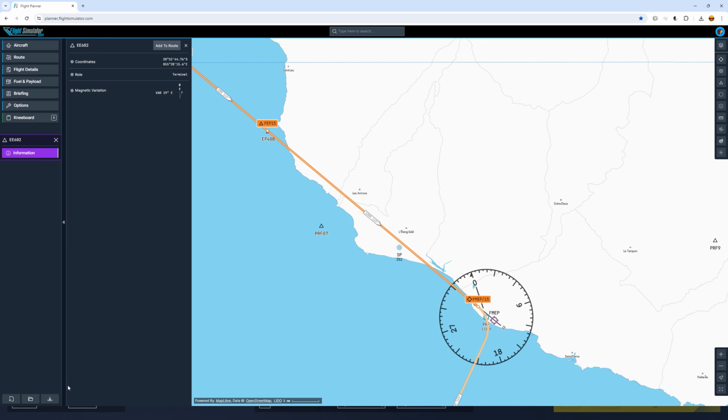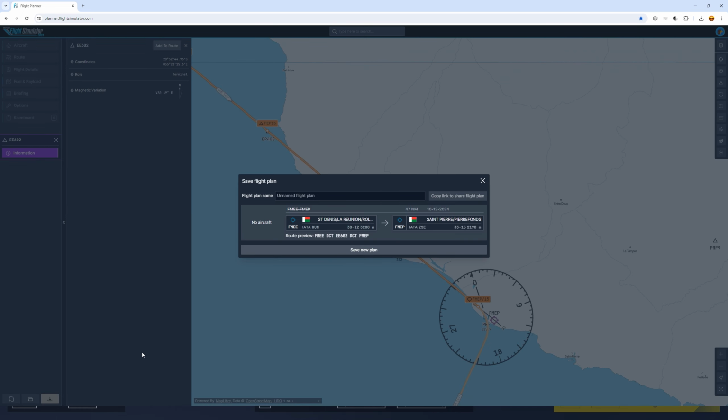Now all we have to do now is save this flight plan. I will call it Réunion Skyhawk,